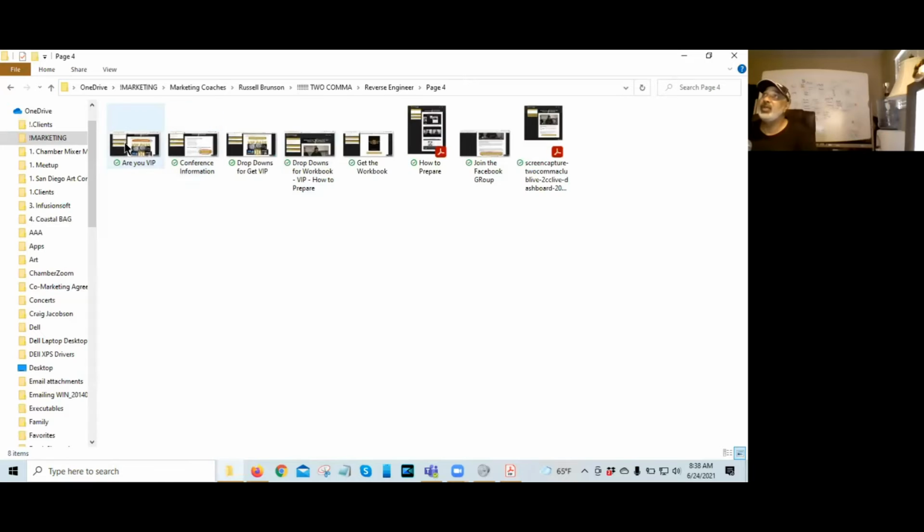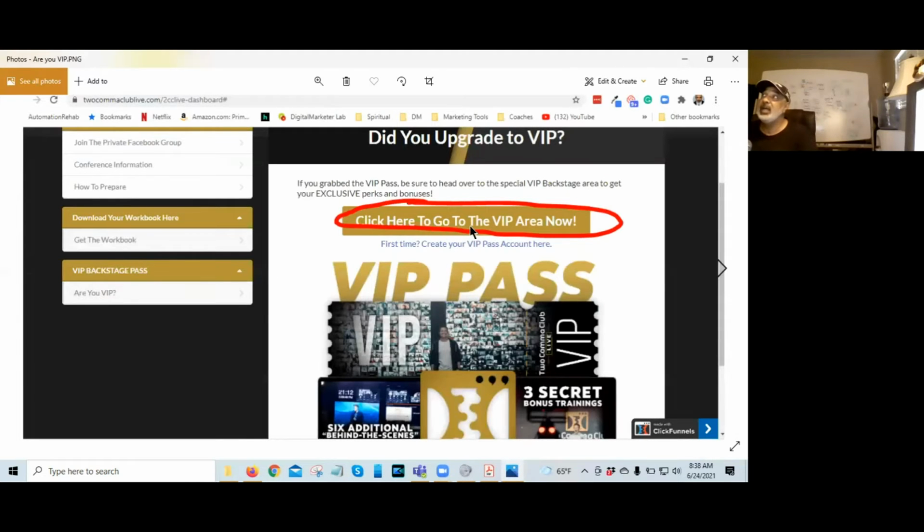And so this is it. So this is going to be really, you guys, you really got to get this at this point in the funnel. The first thing is get your tickets for free. The second one is VIP. And then they're going to say, if you're VIP, click here to go to the VIP area now. On the left-hand side here, it says join the Facebook group. So you're going to want to have 2 Facebook groups. One Facebook group is going to be paid. One Facebook group is going to be free.